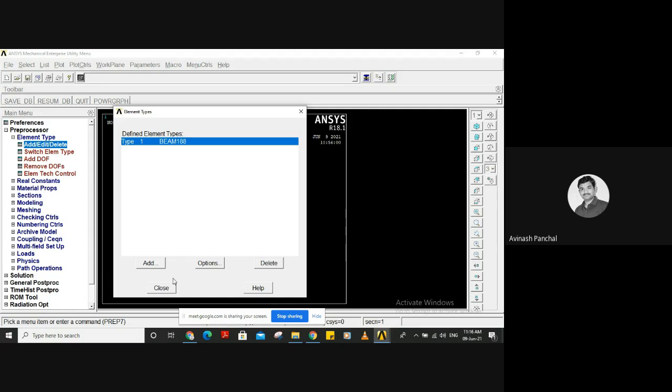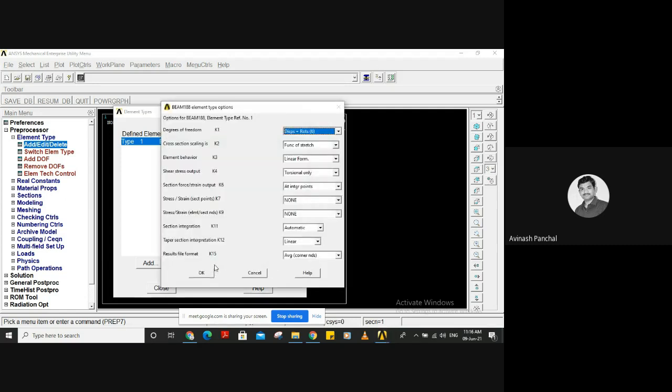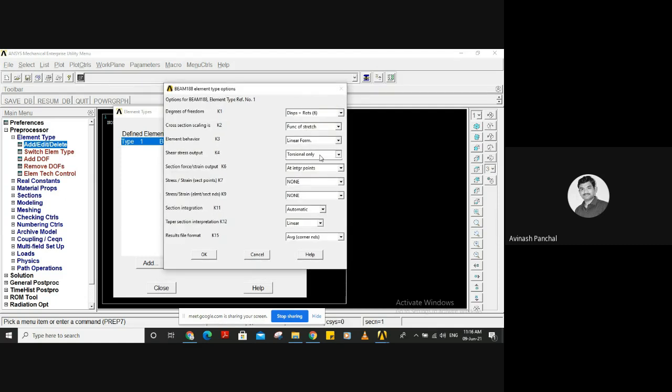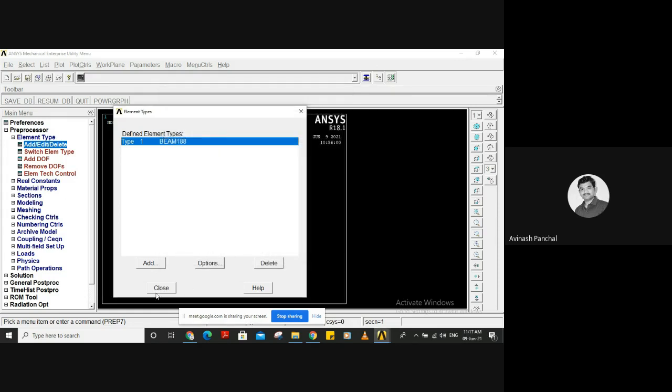If you have these options you can change all these things, but now we don't have that much scope to change them. Whatever is default, we are taking here. Click on OK. If it is wrongly selected, you can delete this element.